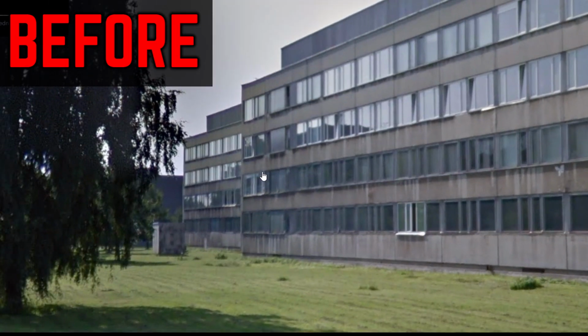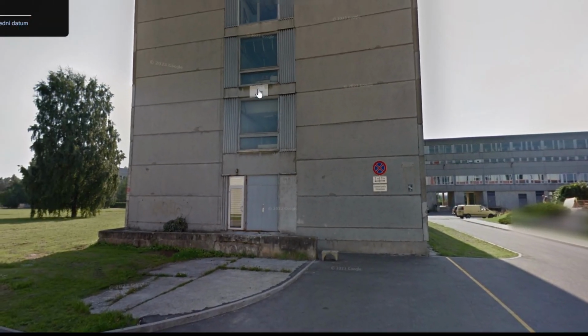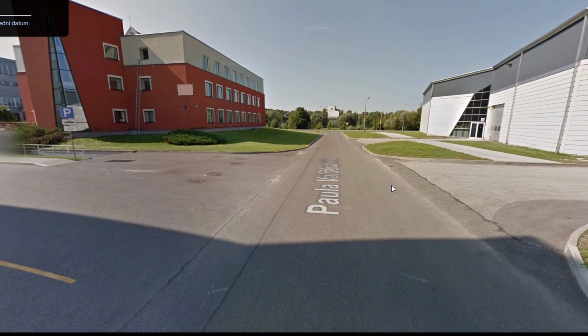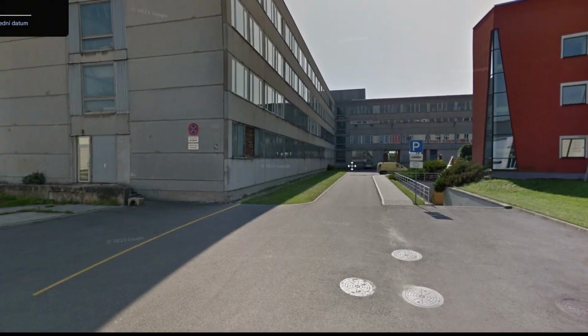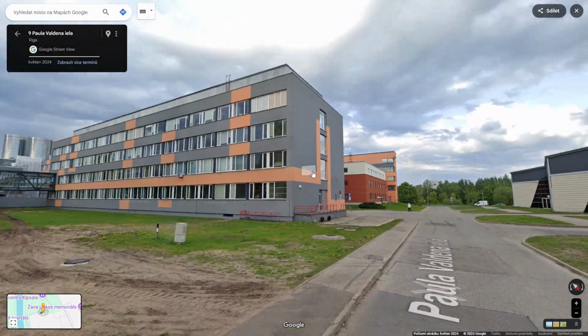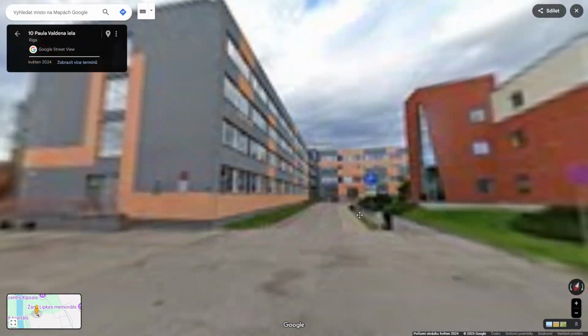This one is pretty random. There's just some old ugly communist building, probably an office building or something. And as you can see, it doesn't look very good. It feels a bit gray, it's kind of depressing, the kind of Soviet style. But now in 2024, it's been renovated, it has new windows, it has been repainted, and it just looks much